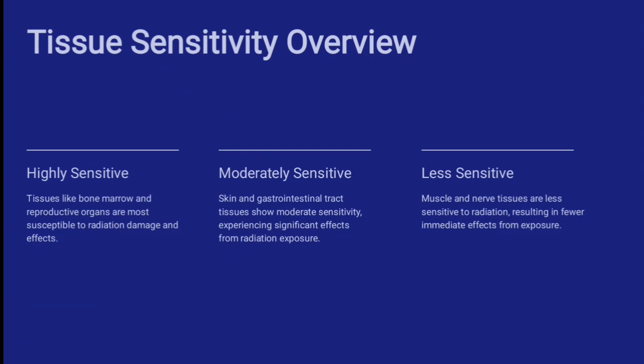Tissue and organ sensitivity. Different tissues show varying sensitivity to radiation. Generally, high sensitivity: bone marrow, lymph nodes, and reproductive organs. Moderate